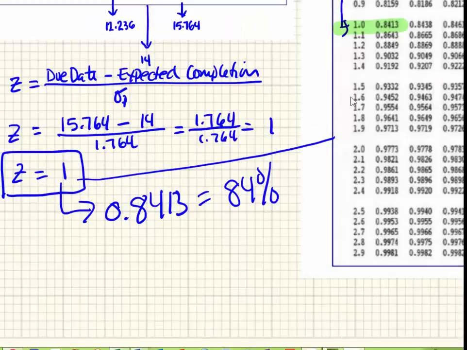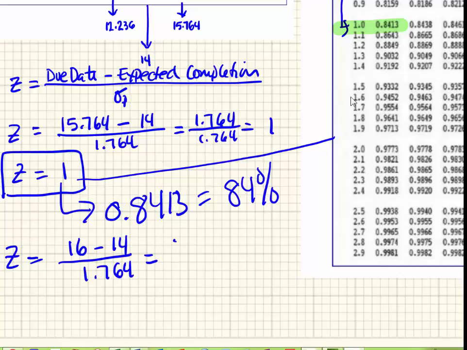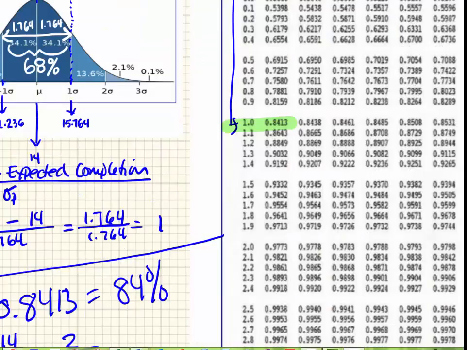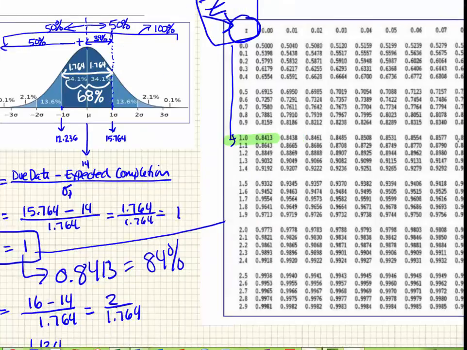So we're going to have z will equal 16 minus 14 divided by 1.764, which is essentially 2 divided by 1.764, which will equal 1.134. So now we're going to go over here and take a look and find our z value on here. Same thing, we're going to come down the column on the left till we get to 1.13. So we got 1.1 right there. But we need to go over to where we have 0.3, which is right there. So we want to come down this column here till we find the intersection of these two things, which is right there, and it's 87%,